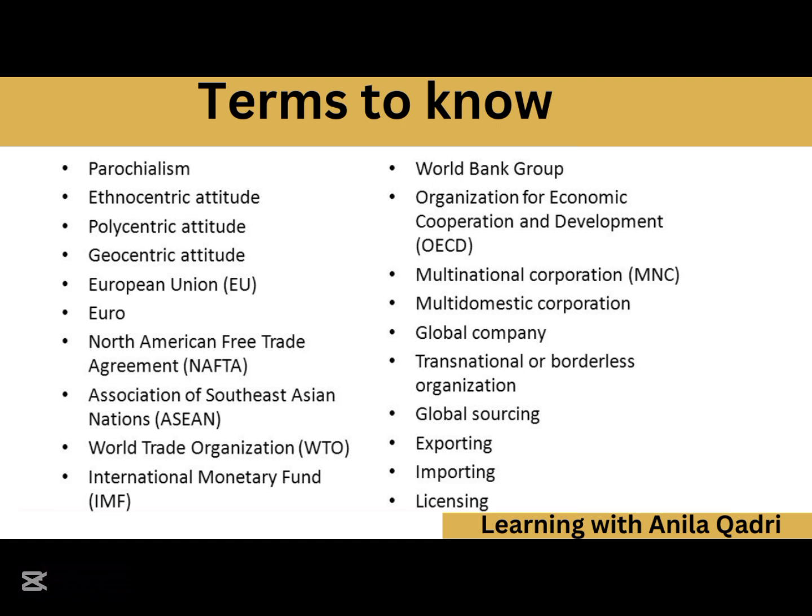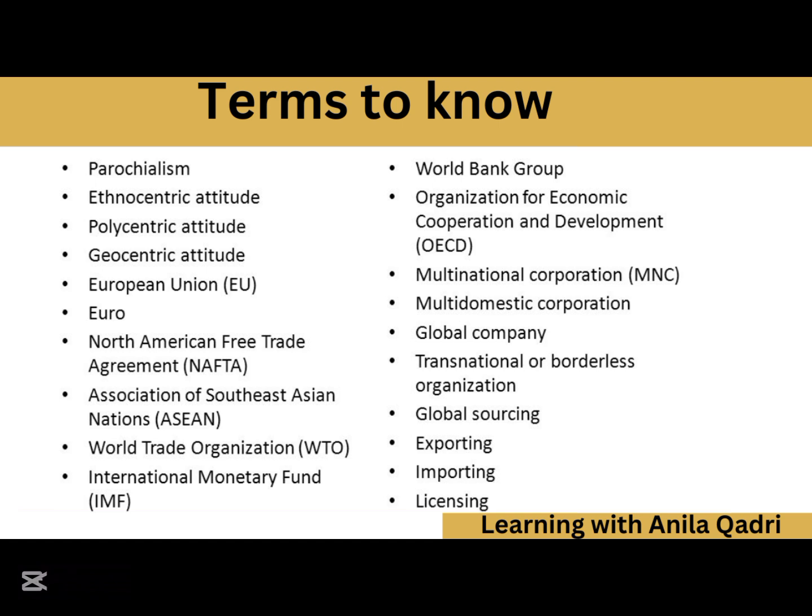You should have a very good knowledge of the World Bank Group, Organization for Economic Cooperation and Development, that is OECD, Multinational Corporation, MNC, Multi-Domestic Corporation, Global Company,